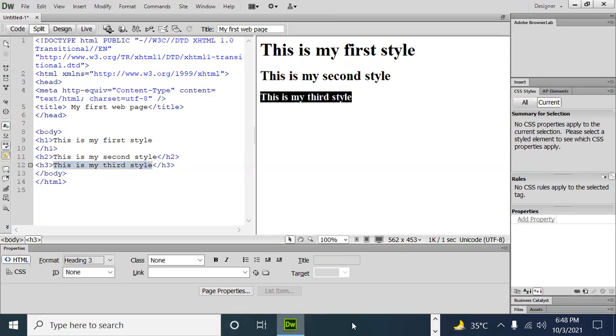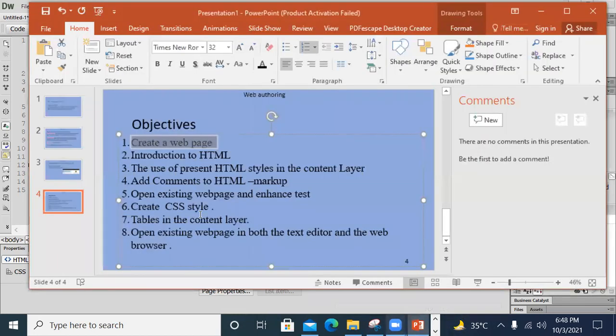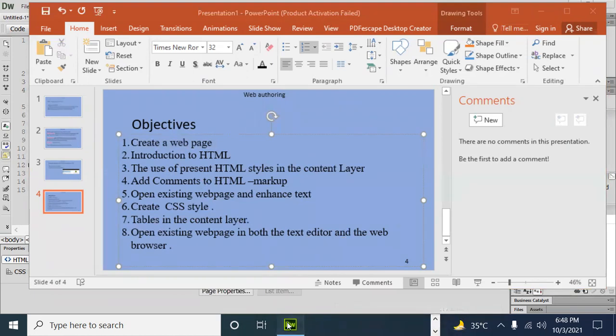But in this case, suppose sometimes I want to enhance my paragraph, or take an existing web page and enhance my text. So now let's see how I enhance my text with a markup language.